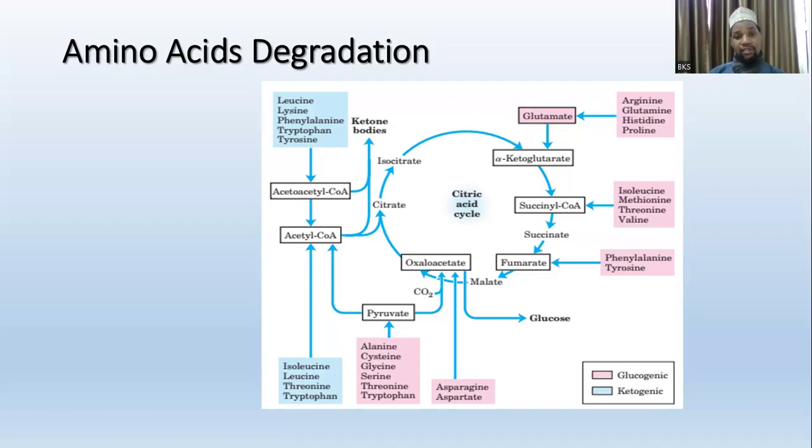So this cycle, as you see, is the citric acid cycle. I know you must have come across it somewhere, but this is the central pathway through which energy is produced, because ATP is also produced here. And in addition to that, there is what we call a reducing equivalent. And this reducing equivalent is also used to produce energy in the process we call the electron transport chain, which we will discuss in